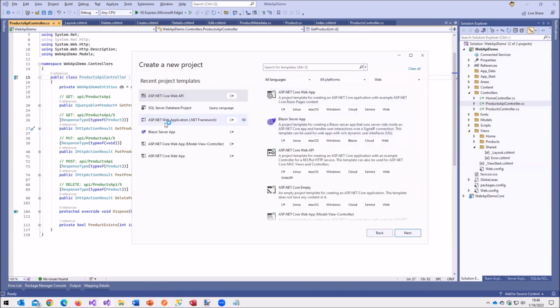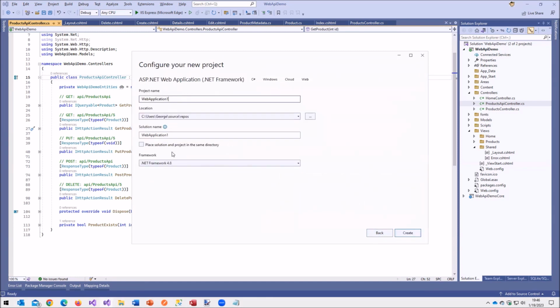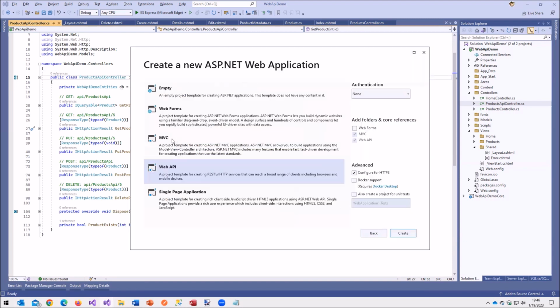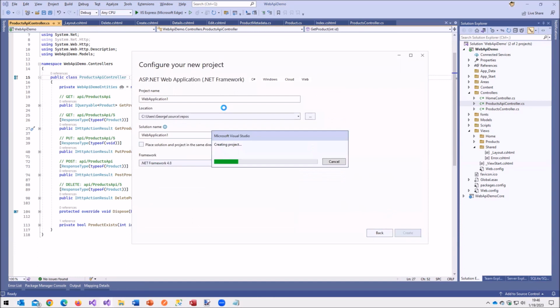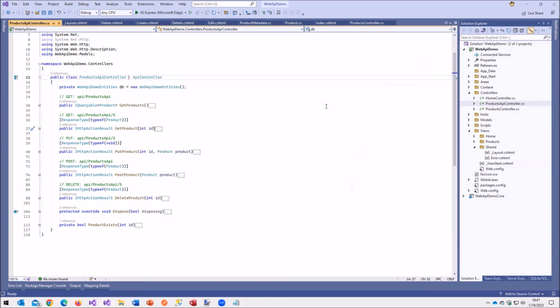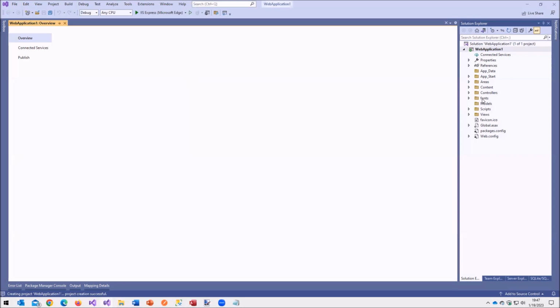So I'm going to create a .NET web application. Next, call it, find this, whatever, create. And I'm going to create a web API and click create. And it's going to fire it up. So we're creating it from scratch. The next thing I'm going to do is I'm going to point it to my database and say, use this SQL database to create the web API. And there's the new project.